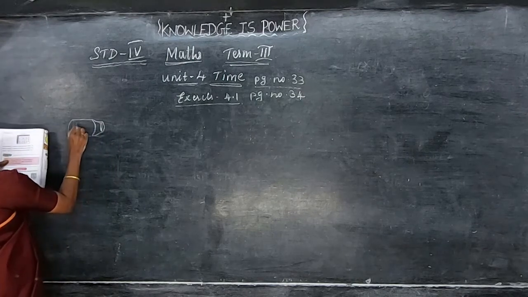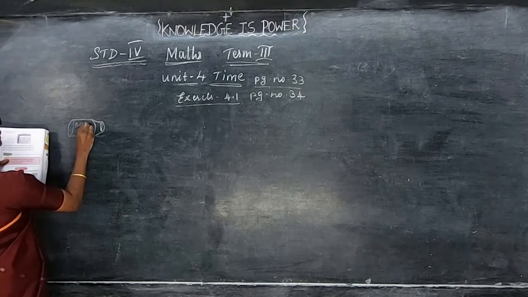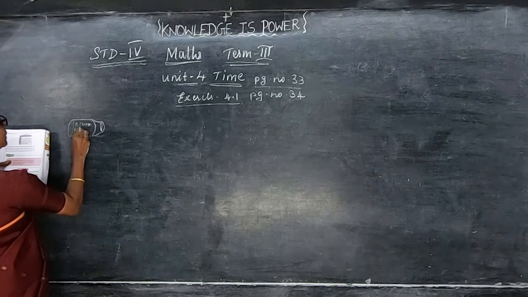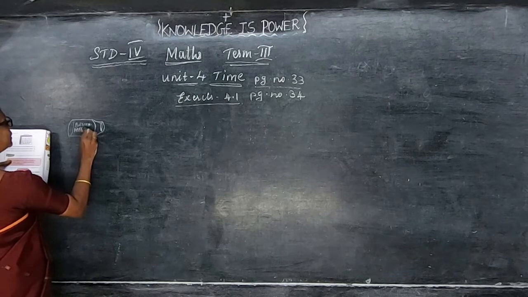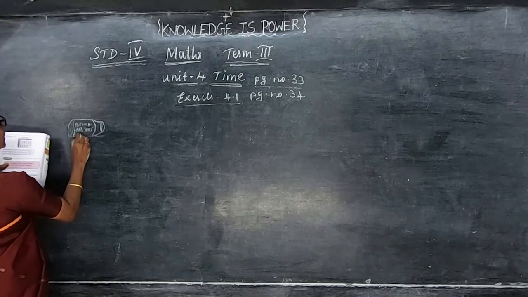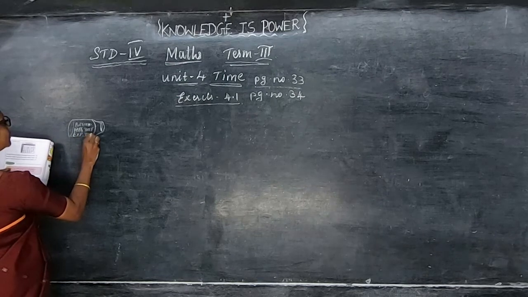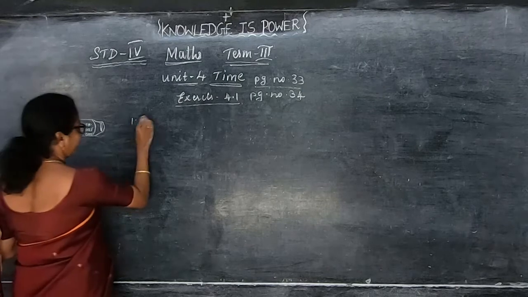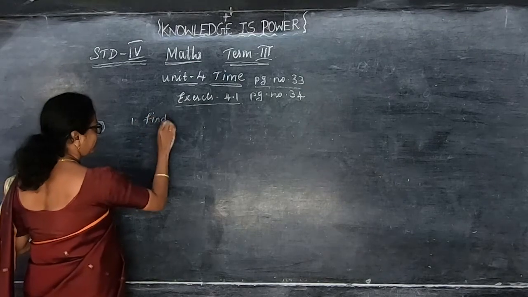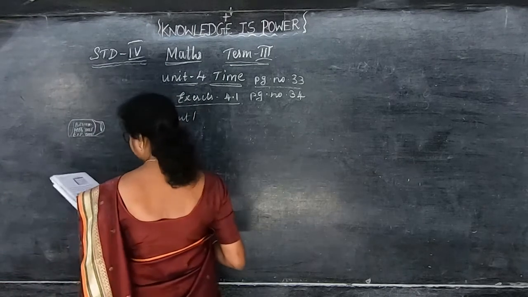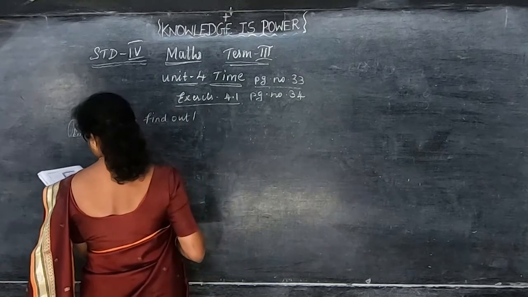So on the medicine bottle there will be the batch number, then the MFG date, manufacturing date, and then the expiry date. On the medicine bottle, on all medicines, all these things will be there. So in this they will give the picture like this. Find out the days. They have written the days also.